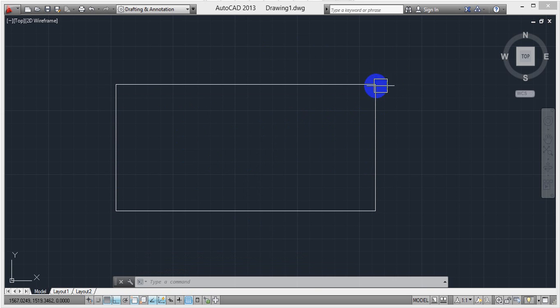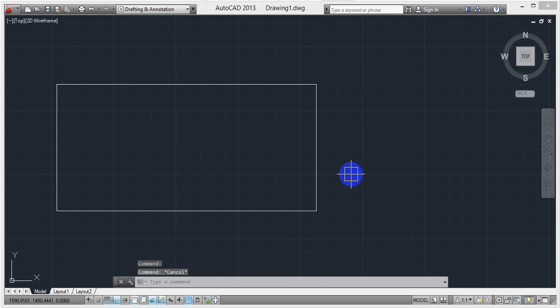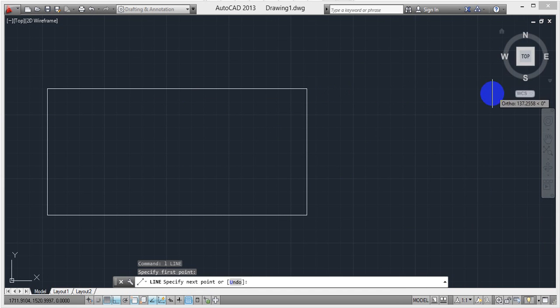In this area there are 4 corners, 1, 2, 3 and 4. These 4 corners will be separated from this closed rectangle. It means if you select a line, the total rectangle is selected. Previously we took lines to draw a rectangle.